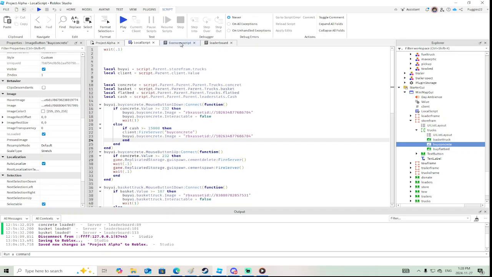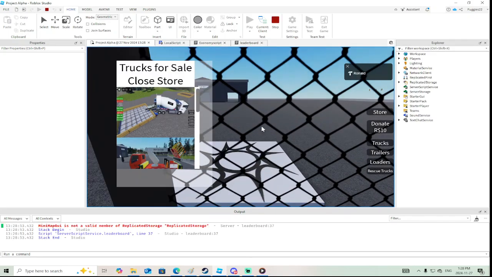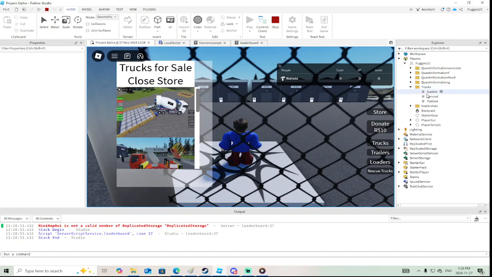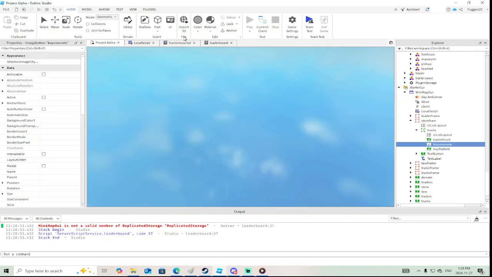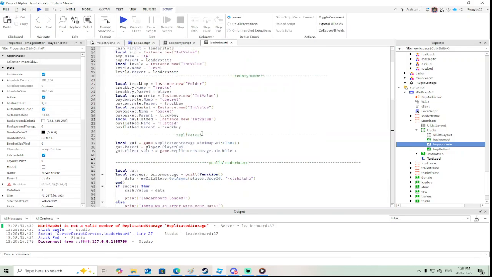But what I wanted to get at was, okay, so you log in. I won't press any buttons, but I'll just go over this. I don't want to mess it up. Oh yeah, the mini map's not in there. So it creates the folder, and then these are the values. Okay, so this is how we track our internal economy, our internal transactions. So then it says, okay, basket, right? Does it have that value? It does. Okay, so then when it checks in the leader stats, when the player joins the game,